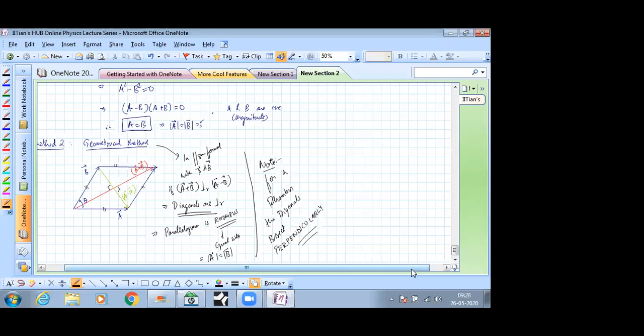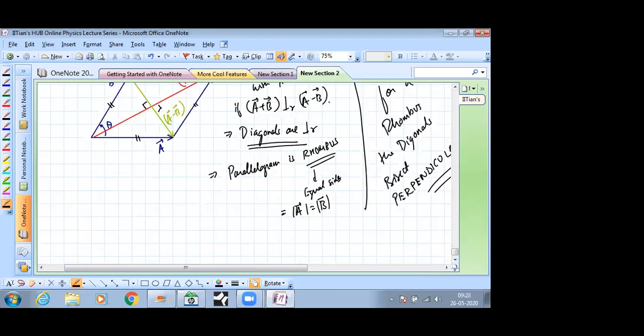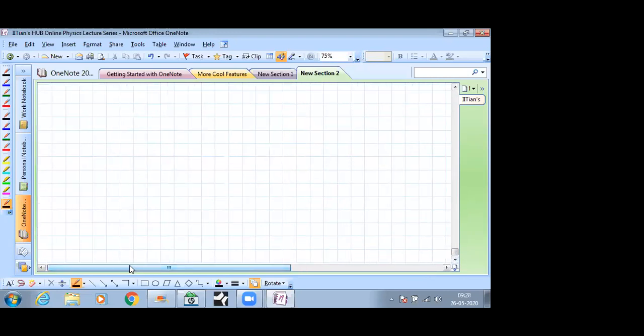Okay, students, so hope this is clear. And have you thought about the next method, using component algebra? Very good. I think you've done very good. Correct, that is the correct method. So using component algebra,